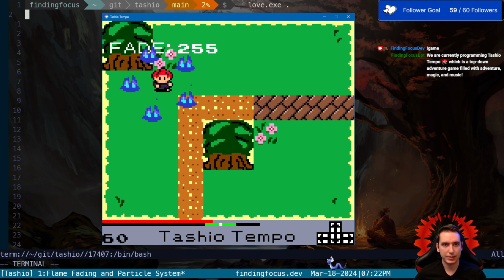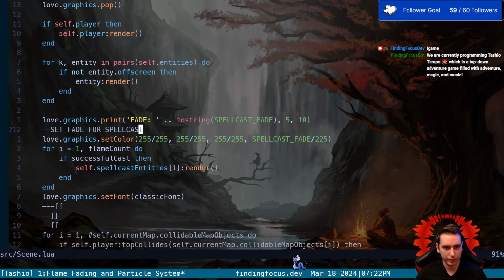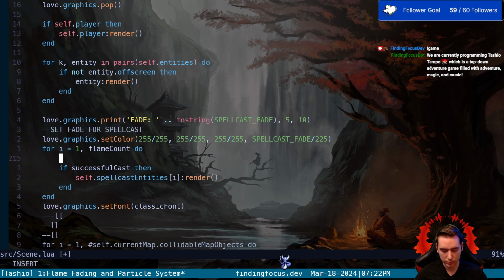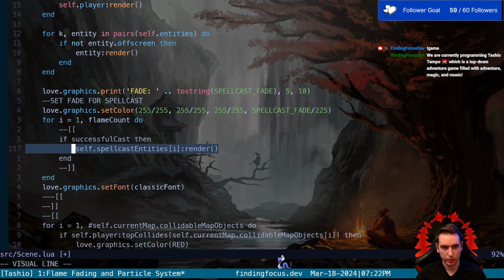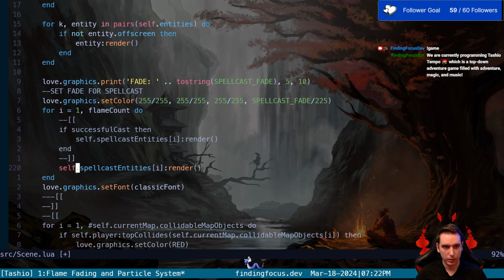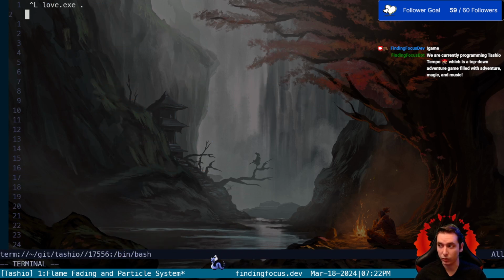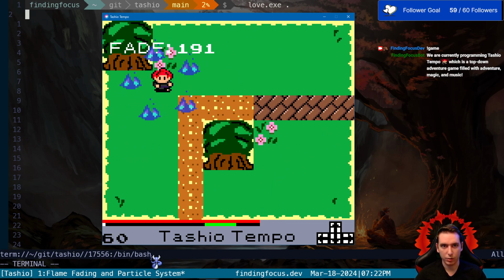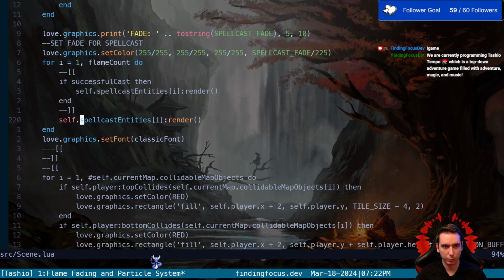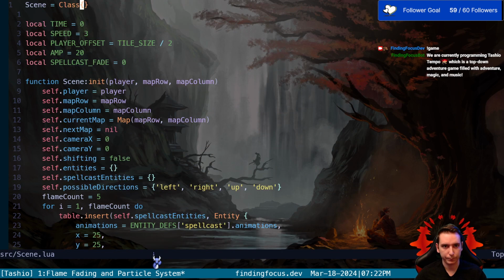Now, let's take off the ability to only render it in a successful spellcast. So what we'll do is just comment this out for now. And we will just go ahead and render the entity regardless of successful spellcast. We can look at the speed that it's fading in. Now that's too slow, but that's looking better, so we're getting there. Now we have a spellcast